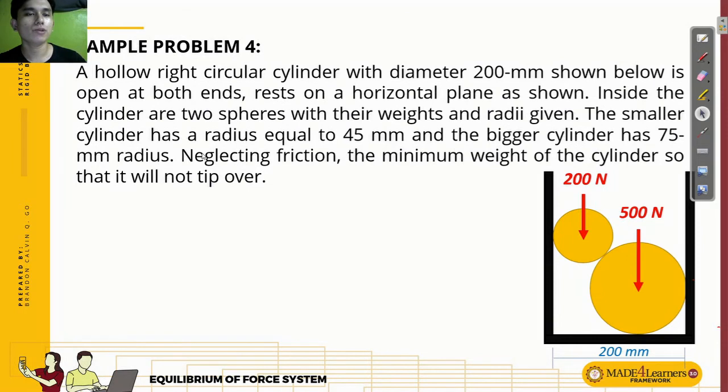Okay, so number 4, a hollow right circular cylinder with diameter 200. So, naa siyang cylinder, class. 200 mm ang iyang diameter. This one, shown below, is open at both ends. Okay, so open pa din siya na eh. Save akong figure. Okay. So, rest on a horizontal plane as shown. Inside the cylinder are two spheres with their weights and radii given. So, the smaller sphere has a radius equal to